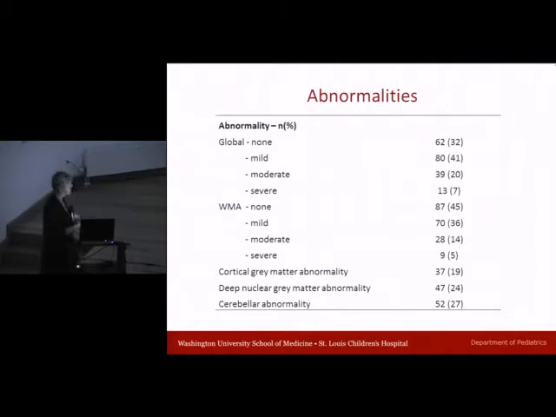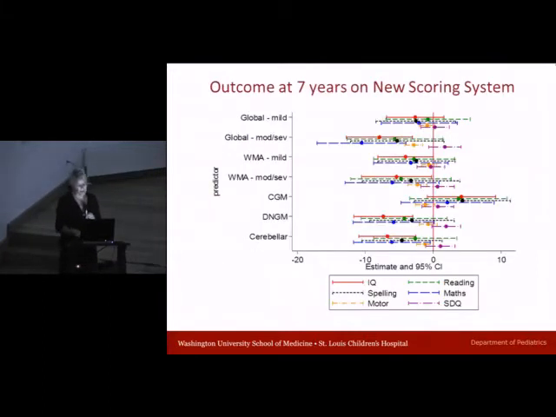Well, this is a large cohort of infants we looked at recently with this scoring system. And you can see, again, about 20% of them have moderate to severe abnormalities in the white matter. But look, 20% had abnormalities in the cortex, a quarter in deep nuclear grey matter, and a quarter in the cerebellum. When we looked at it in relationship to outcome at 7 years and 227 preterm babies on their term MRI